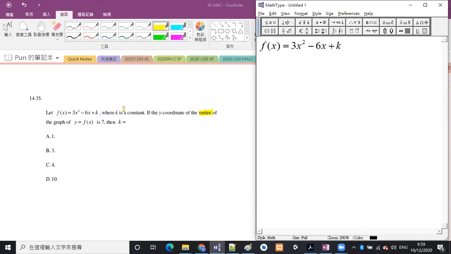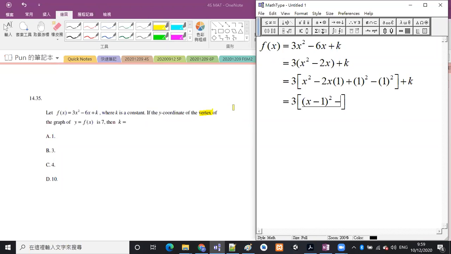Because we are going to consider the vertex of the graph. Okay? So let us change the equation to be the AHK form first. So take out the 3, then x squared minus 2x, and then plus k, and then 3x squared minus 2xy, and this time y is equal to 1, and then plus y squared minus y squared, okay, plus k, and then the first free term becomes x minus y squared minus 1 plus k, and multiplying the 3 back to the bracket, minus 3 plus k, okay? So now it is in the form